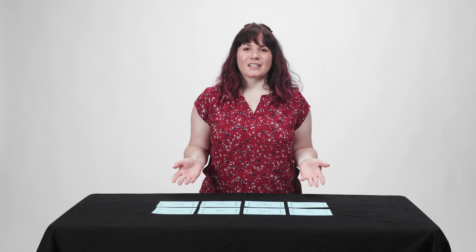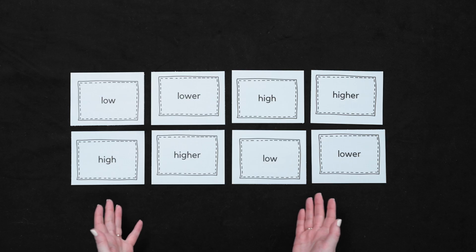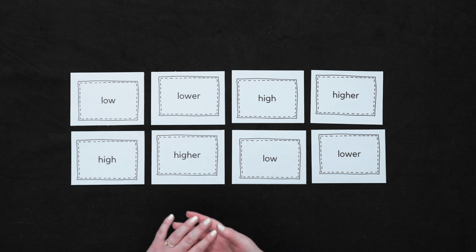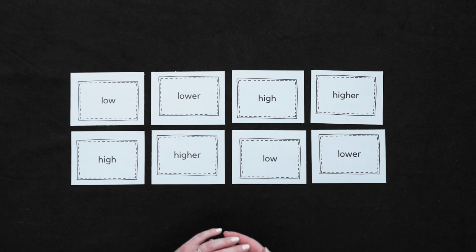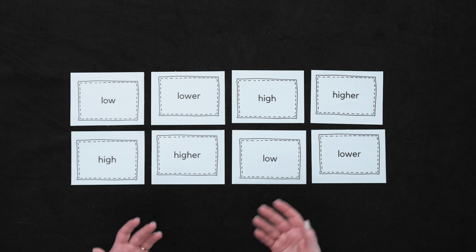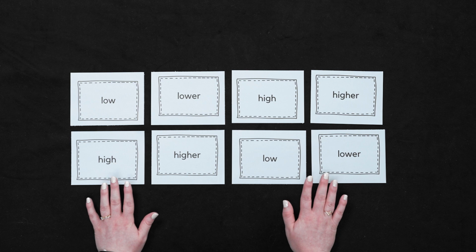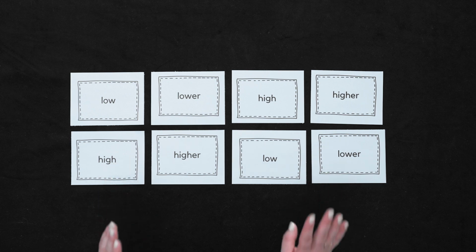Finally, our third activity asks students to compose musical ideas. In this activity, each student gets a set of composition cards. I have 4 pairs of cards here that say low, lower, high, and higher. In this activity, I ask students to write a melody using their 8 composition cards and play it using 4